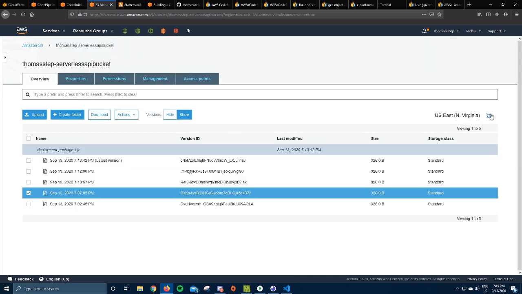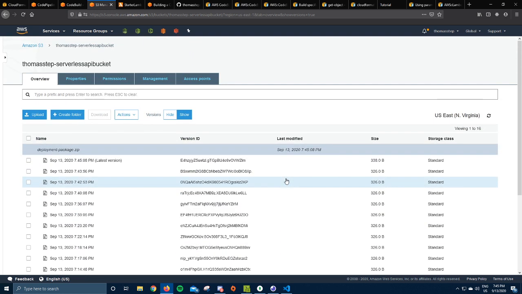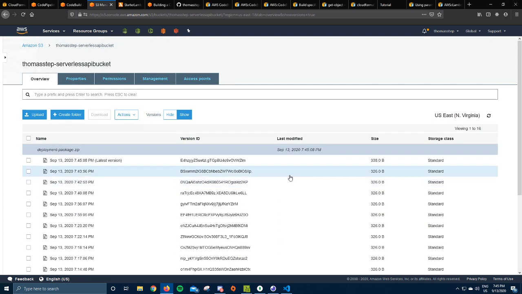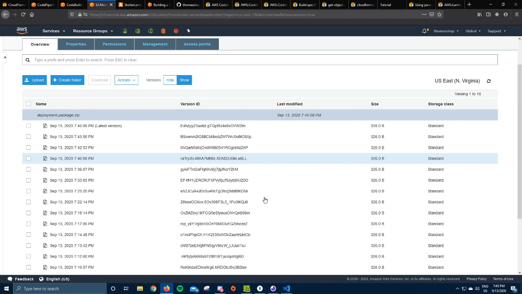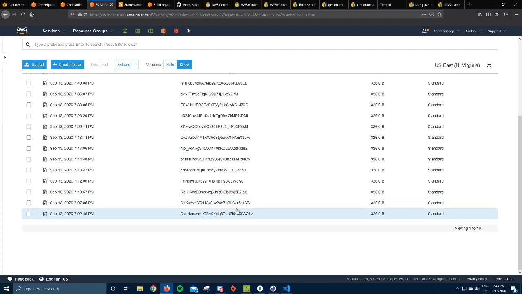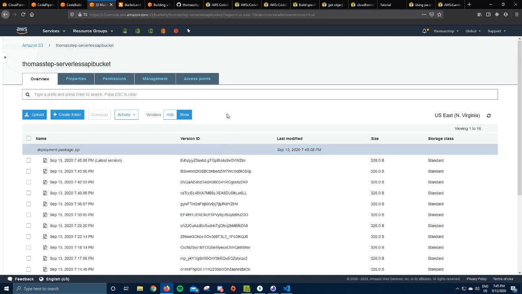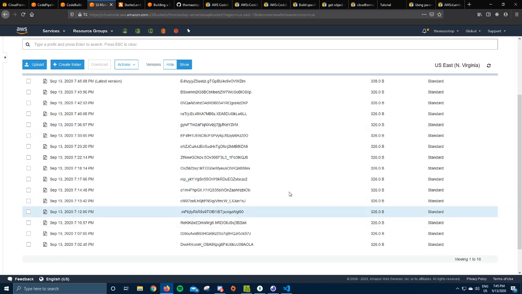It'll also keep a record of all of the code changes that we've made. So these versions, if you actually look through all of these versions, you're not going to see any difference. Anytime we push to S3, it creates a new version. It doesn't diff from the old version, it just creates a new one. So keep that in mind. This will start to swell,